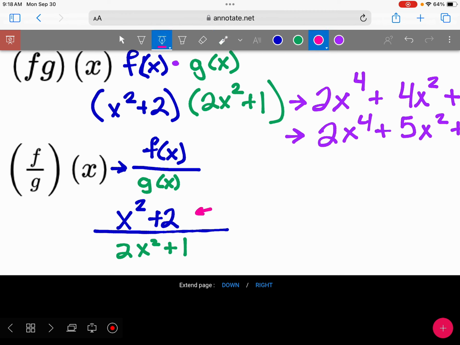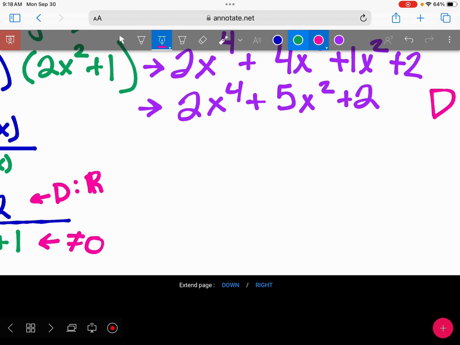So this guy has a domain of all real numbers, so it's really not causing us any problems. But this guy cannot equal 0. So we need to figure out where it does equal 0 so we can kick it out of our domain. So we need to find out where